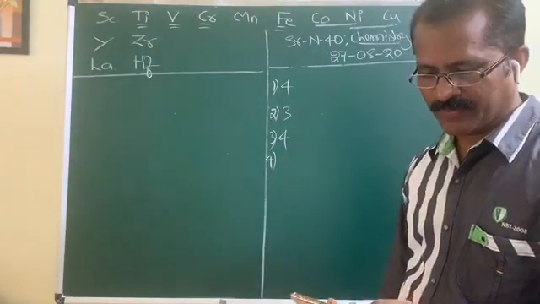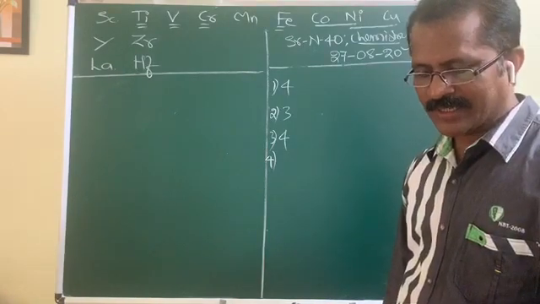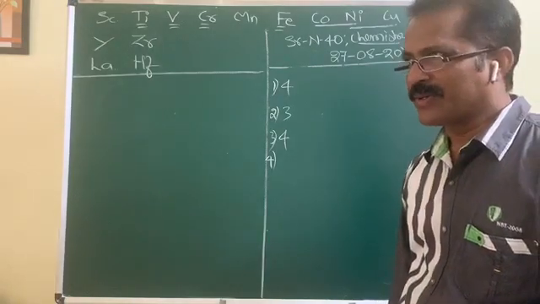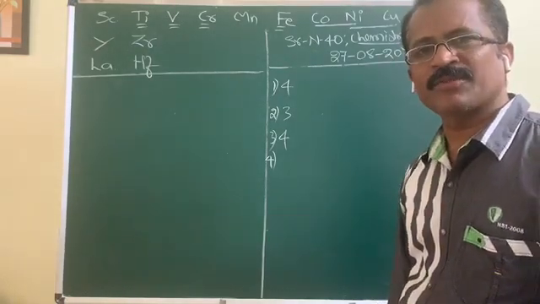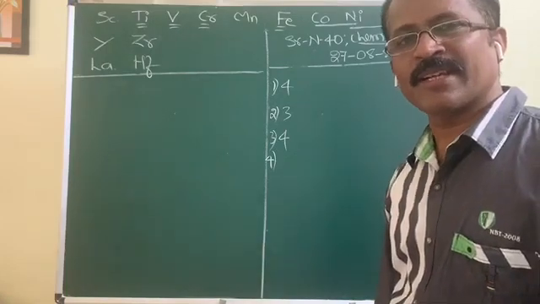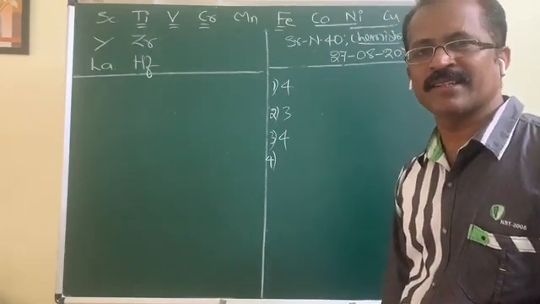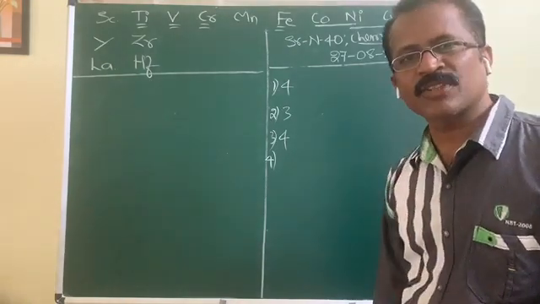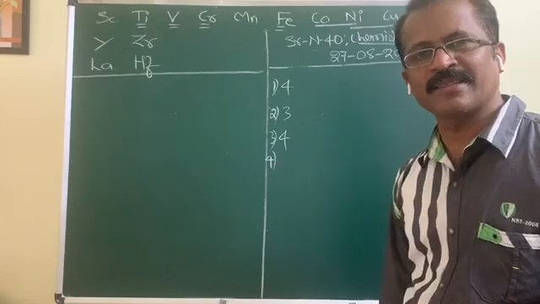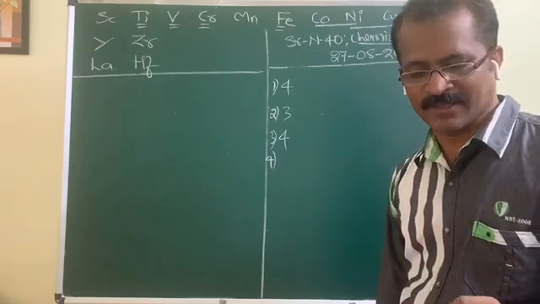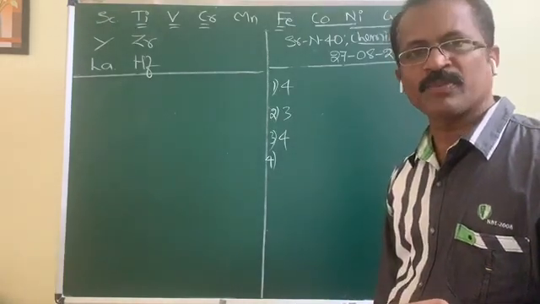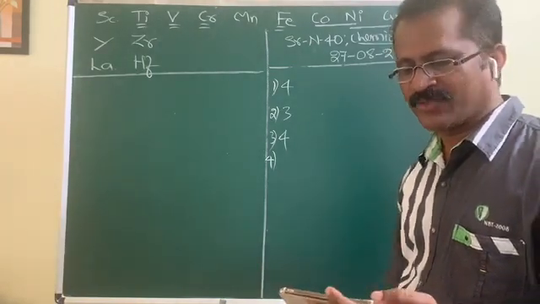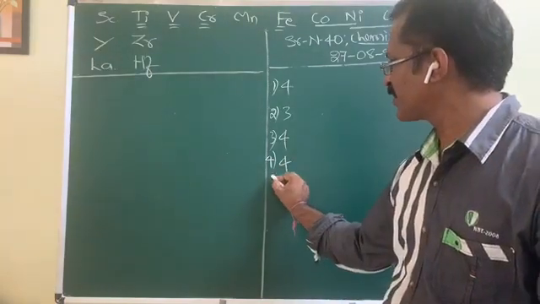Move to the next question. Lanthanum ionic radius is given, and it is asking you the ionic radius of lutetium. You know, in lanthanides, from lanthanum to lutetium, ionic and atomic radius gradually decrease. Therefore, the last element, that is lutetium, its ionic as well as atomic radius is certainly lesser than that of the first element lanthanum. Lanthanum is given as 1.06. Lutetium size will be lesser, that is 0.85. So the fourth option is correct for this fourth one.